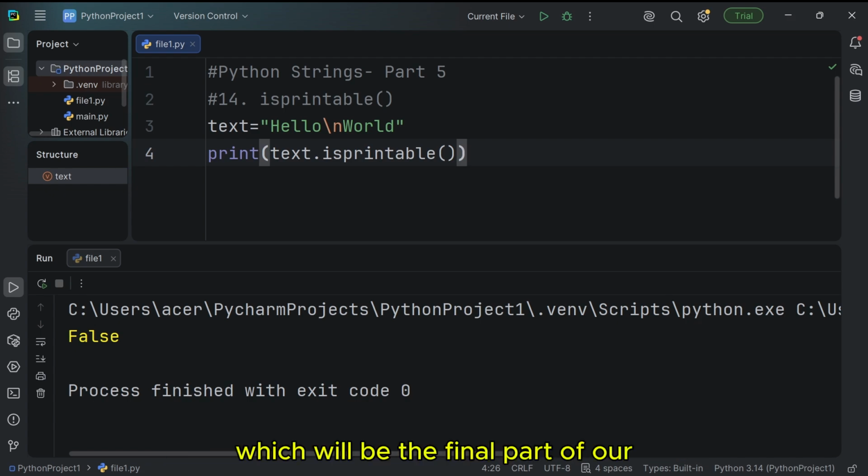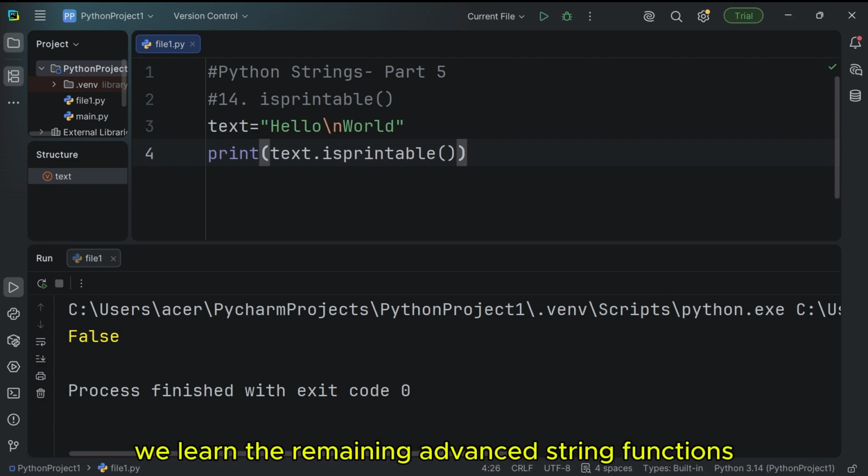In the next video, which will be the final part of our Python strings series, we'll learn the remaining advanced